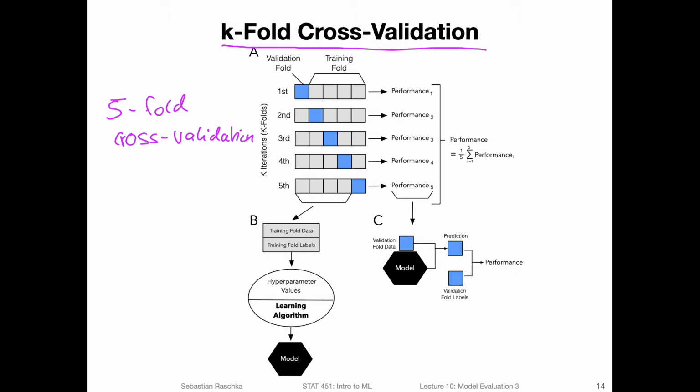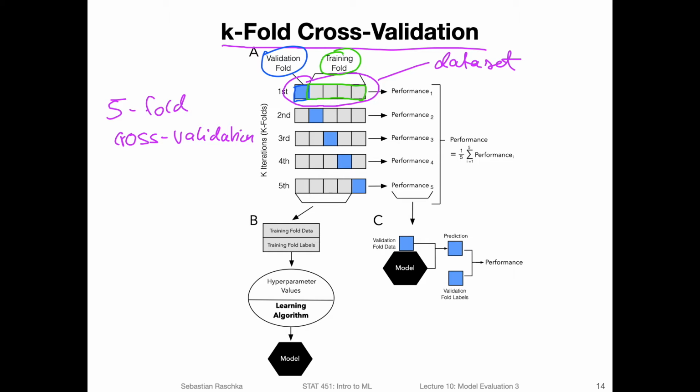So how does that work? Let's say we have a data set. So this is here our data set. And what we do is we split it up into a validation fold and the remainder. Let's use different colors for that. So a validation fold, I can actually use the same color as here, the blue one. Okay, so the validation fold, and then the remaining ones, these 4 chunks here, are the training fold. You combine them into a training fold.